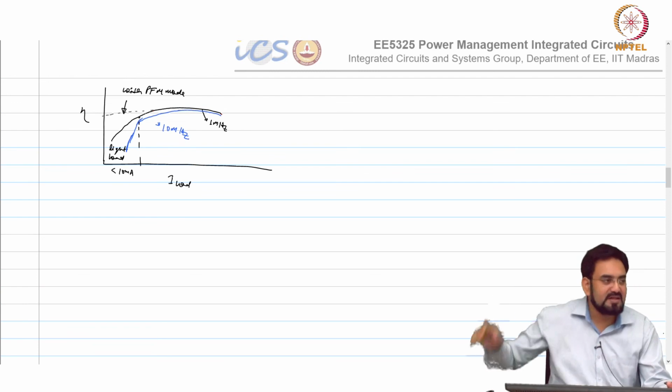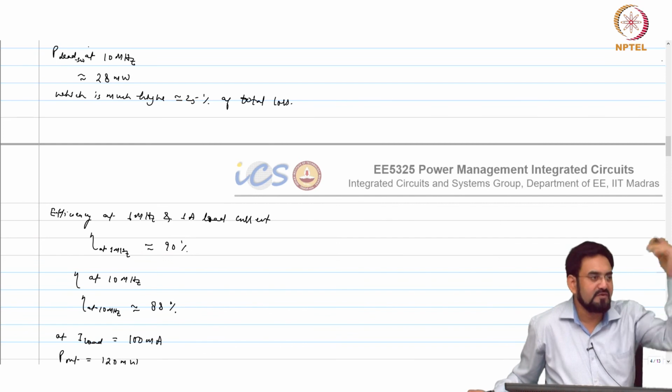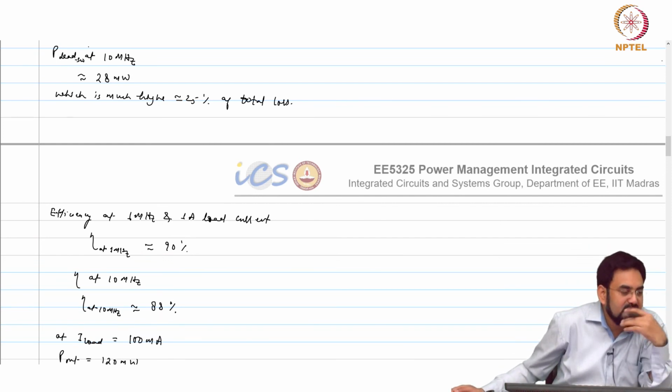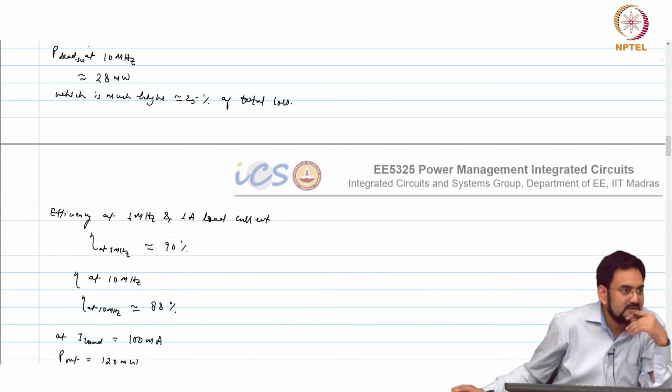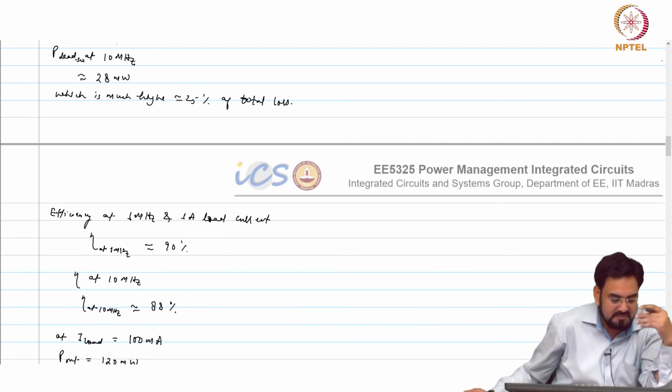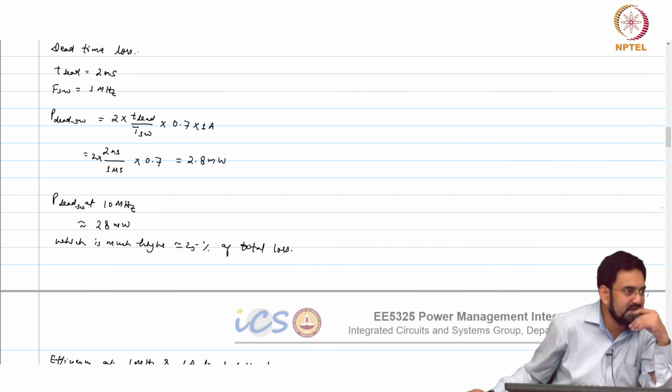But now think about, let us say, instead of 1.8 volt and 0.18 micron, you go to a 5 volt process. 5 volt process means those devices will have a higher channel length, maybe like 0.5 micron, so roughly 3 times more than this. So your gate cap will also be larger, and your switching losses will be 3 to 4 times. Whatever is looking like 25 picofarad here, you will see 75 to 80 picofarad there, and this may become very bad for 5 volt.